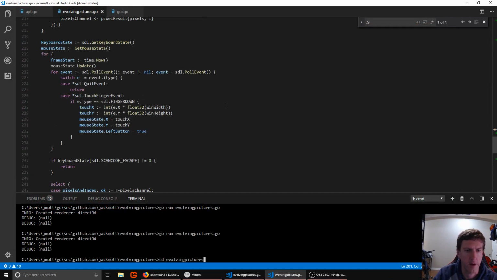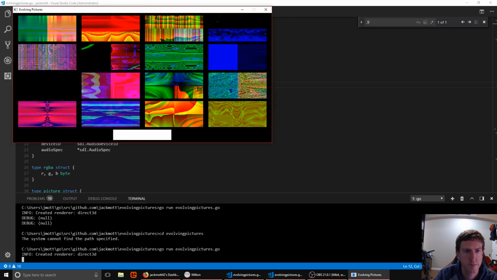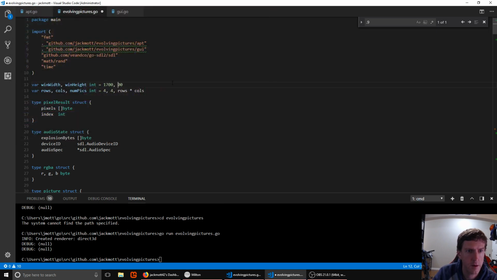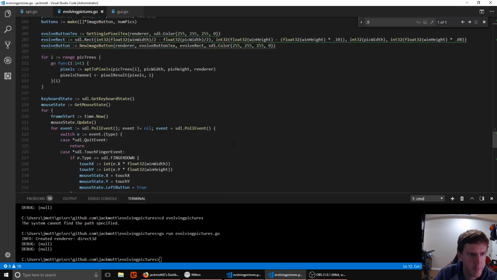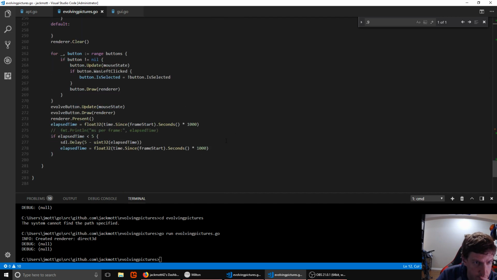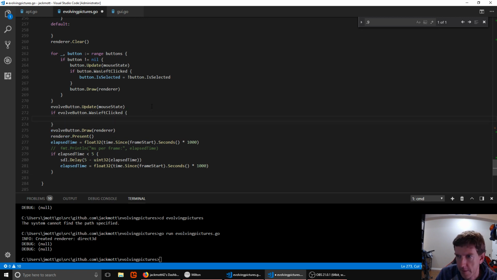And we can check and make sure that if we change screen sizes, it still works. Still draws something sensible. Okay, everything just gets smaller, so that's good. Go back to big. Okay, now we need to make our button actually do something. So let's check to see if it was clicked. So if it was left clicked,